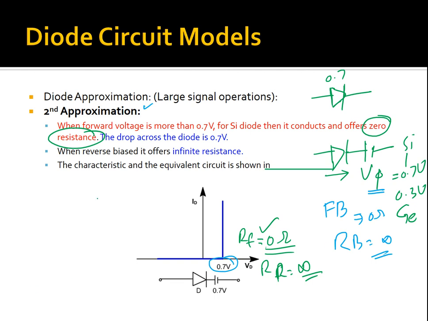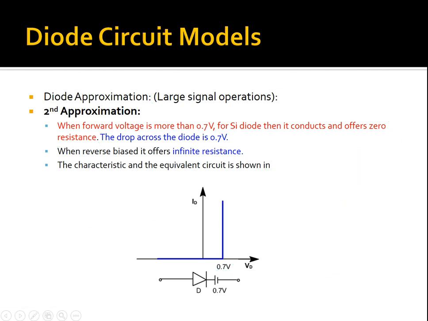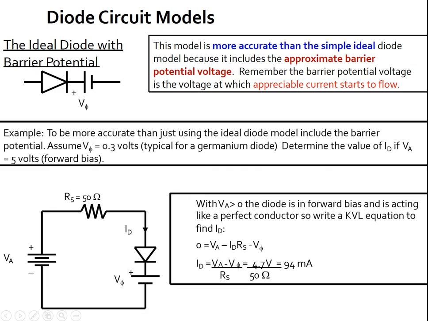So the third approximation: we have seen that the ideal diode characteristics are not such that, as soon as the barrier potential is reached, the diode current will start flowing. We have seen that actually it's this form of the IV characteristics. So there is some specific value of the forward bias resistance RF, which we calculate from the slope of this. So the third approximation is we include the turn on voltage, the barrier potential voltage, plus the forward bias resistance. If we include that, that will make our third approximation.